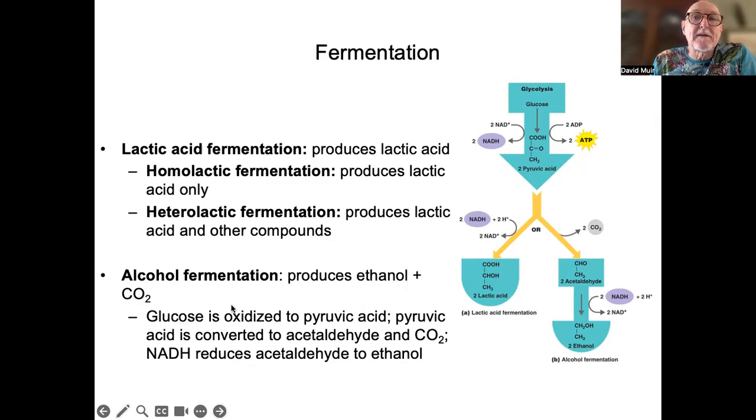But we use the same process, for example, in baking, because that is how we get bread to rise. Bread is a rich nutrient source from flours and everything else. In bread, the flour is processed so that it produces gluten, which is like a glue. The bread dough is actually like a gel. And trapped in it are the yeasts, which are going to ferment. They're going to produce alcohol, for sure, but they're also going to produce carbon dioxide. They'll produce bubbles of carbon dioxide, but this gel-like substance, the bread dough, traps the